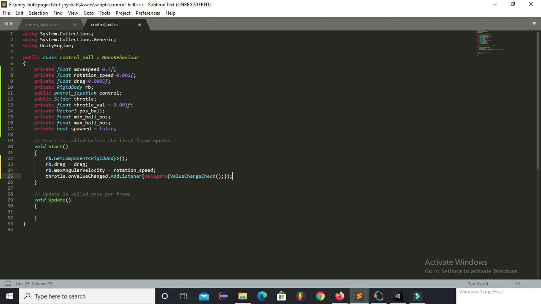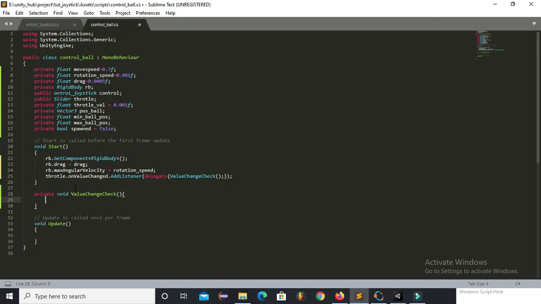So here this throttle dot on value changed function has added a listener. So whenever the position of the slider is changed, a function value change check will be called. So for that we'll create a function value change check, and this function will be called when the position of the slider is changed.